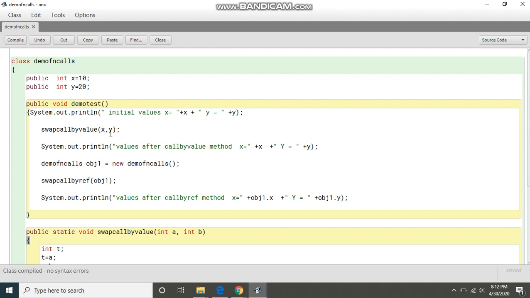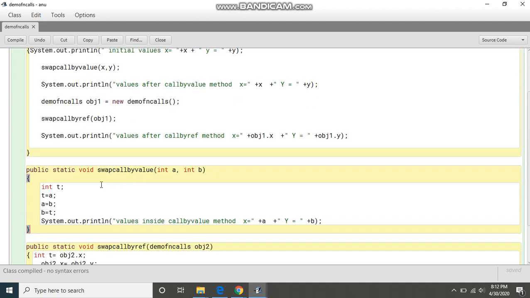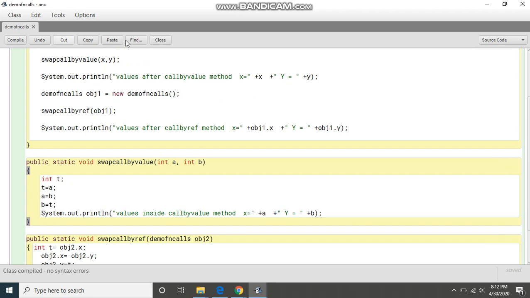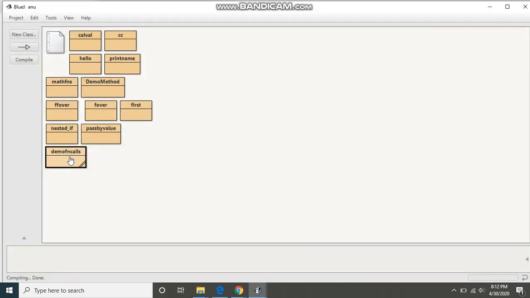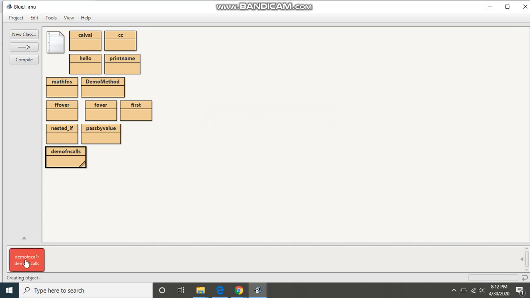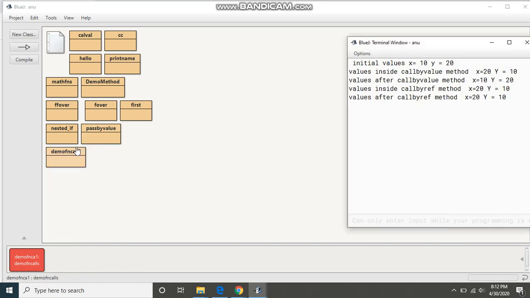If you see this, there are two variables, and this is one function, demoTest, which is going to call both functions. This is by value and this is by reference. In by value we pass a primitive data type. In by reference we pass an object reference. And then this is the function to change the value using a primitive data type, and you have already seen the working of this now. Let's first see the running and then we can explain. This demoTest is going to run both the functions side by side. Now if I open this, I can see your answers here.